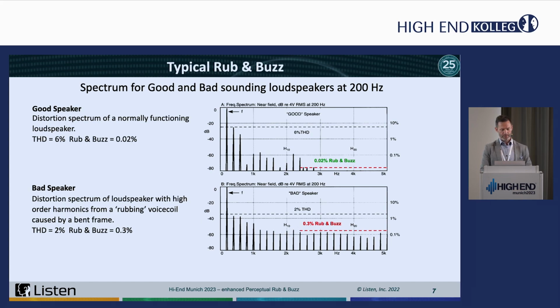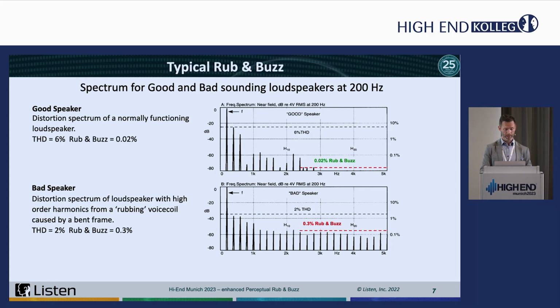Here are some measured results for speakers, subjectively rated by real people as either good or bad speakers. You can see that the good speaker here has far more THD, total harmonic distortion, than the bad sounding speaker. But as is typically the case, the second and third harmonics dominate. So really when we say 6% THD, it's really 6% second harmonic, and as I just demonstrated, this can easily be inaudible. So these higher harmonics are really low, about